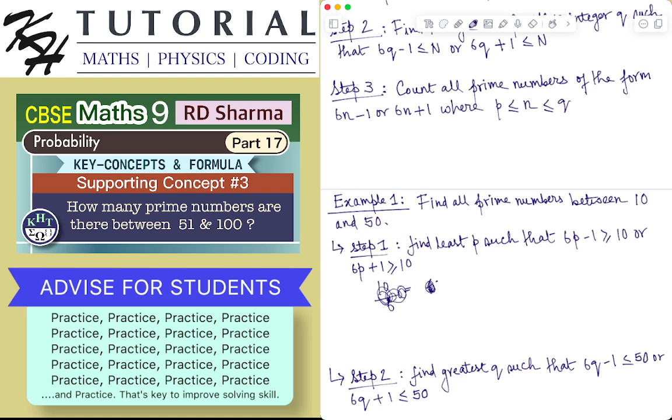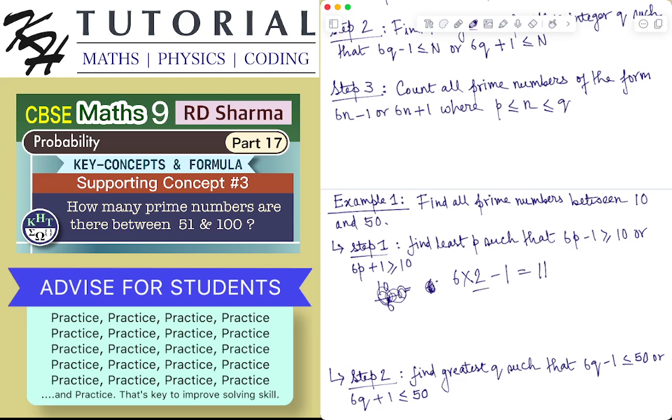I can see that 6 multiplied by 2 minus 1 is 11, and 11 is greater than or equal to 10, and n is 2. So 2 will be the least natural number